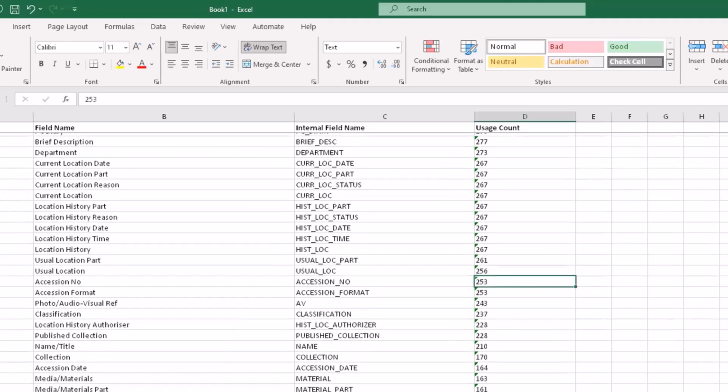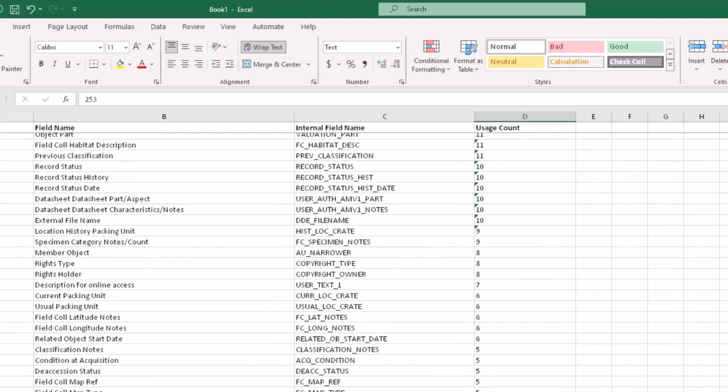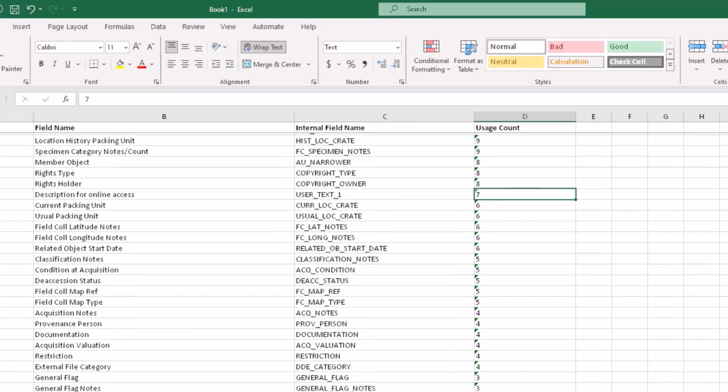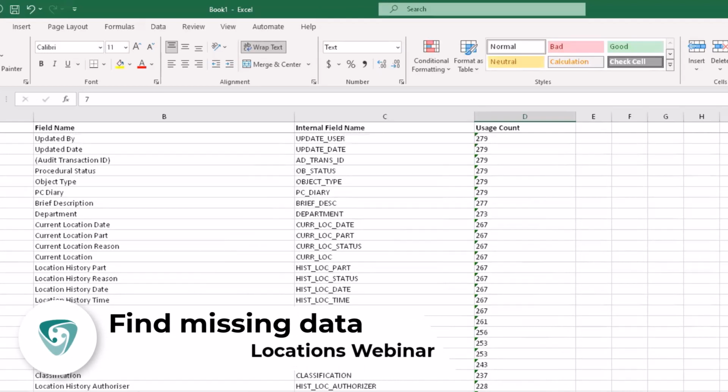If I go to the fields with the least number of usage, I can see that there's some where maybe only a few records have that information. And that might be absolutely fine, and it makes sense that there would only be a few records with that data recorded. But you might also decide that actually that data is in the wrong place and we want to put it somewhere else. But let's look at how we can find those records where brief description and department are missing. So we'll go back into Vernon